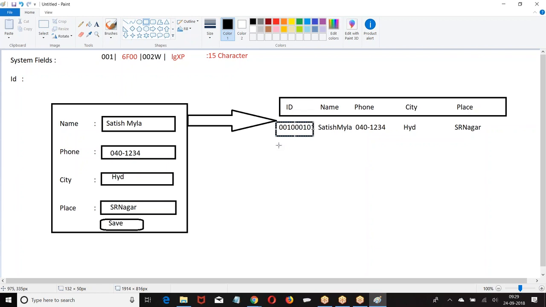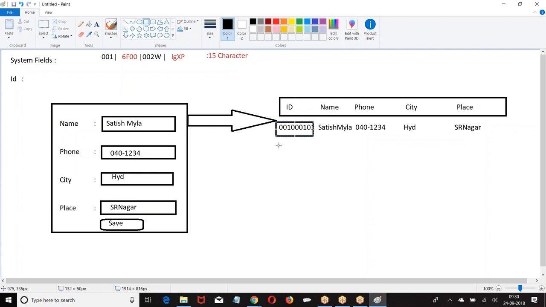Now, this 15 character ID is case sensitive. Small should be small, capital should be capital. To remove this case sensitivity, Salesforce has added 3 more characters and made it an 18 character ID. So what is the difference between these two?